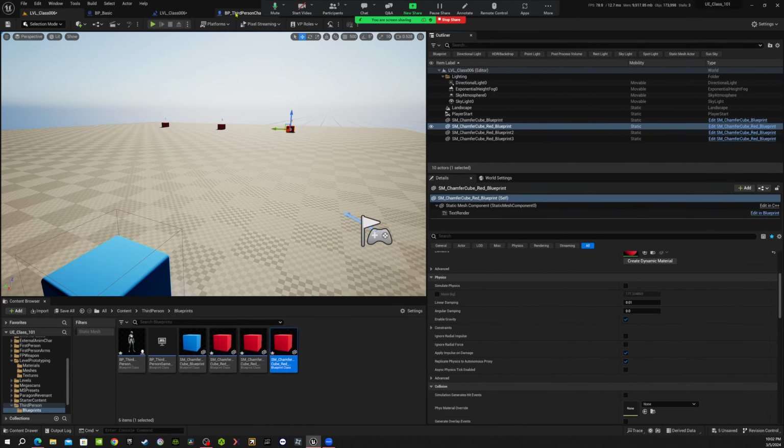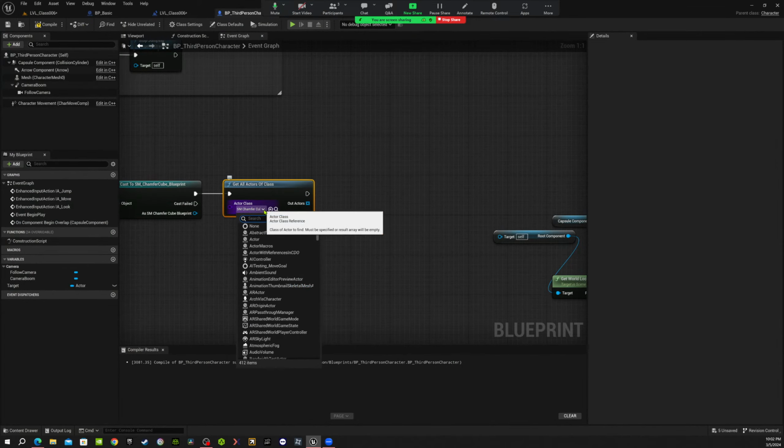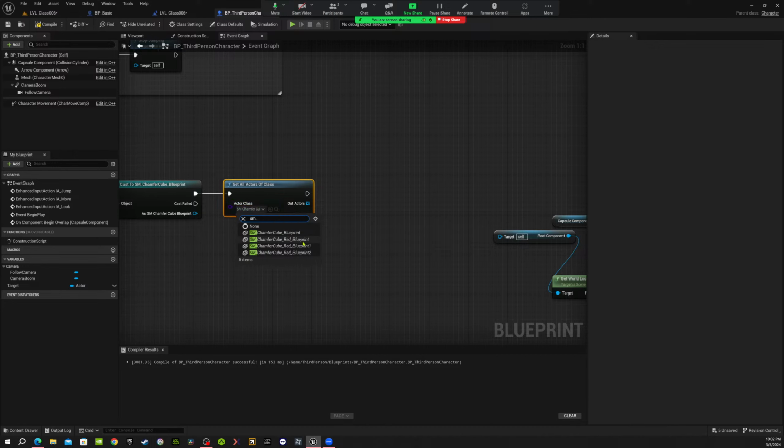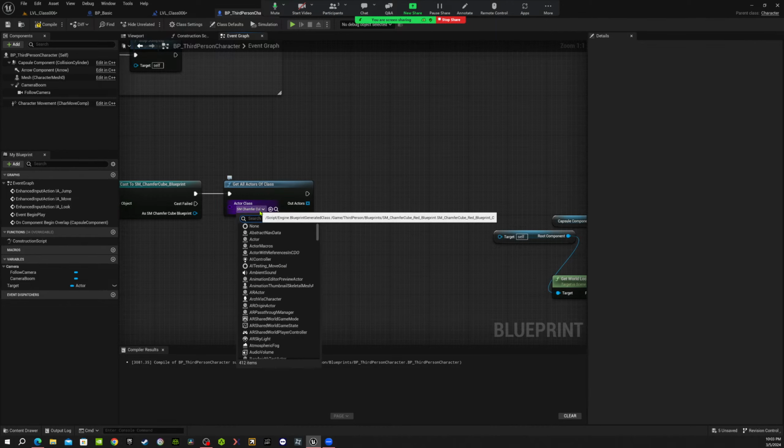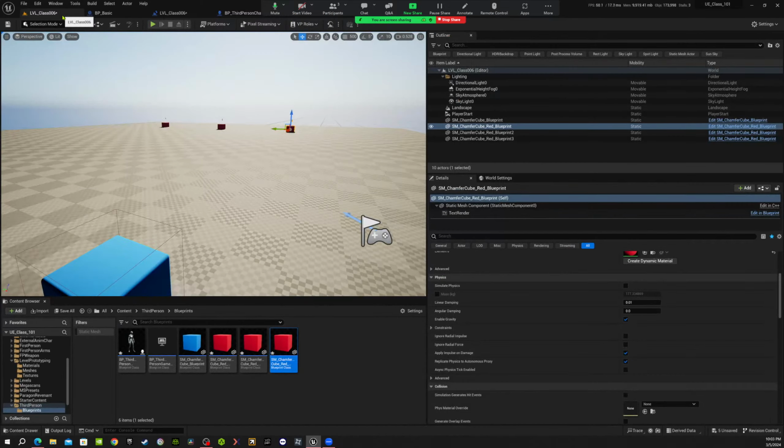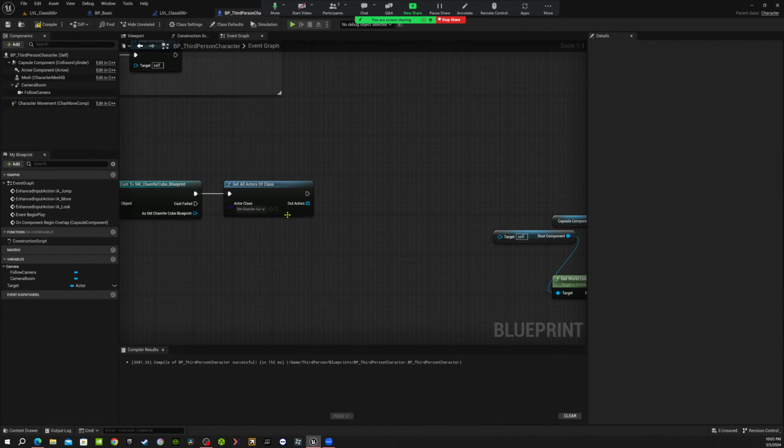Yep. And that's the blueprint. Perfect. Oh, come on. Oh, I can also do, obviously, I can just grab this and just do this. Okay. So now,